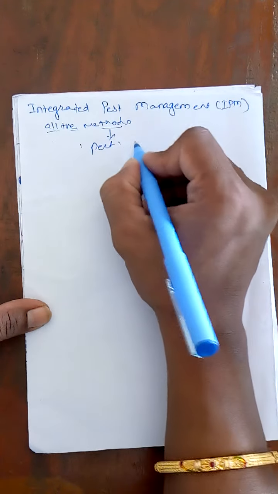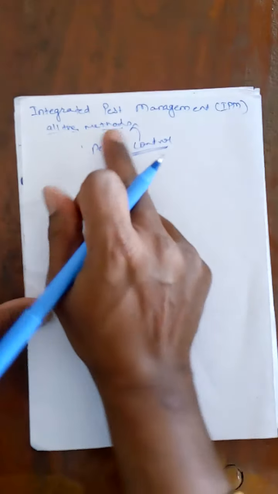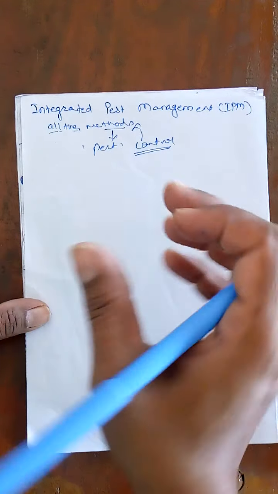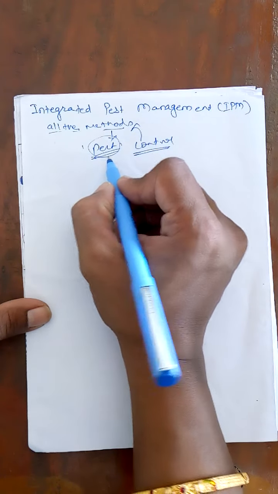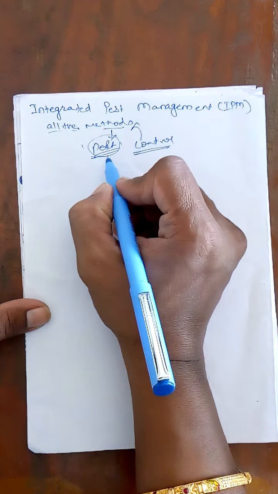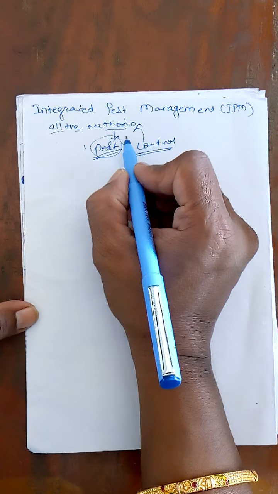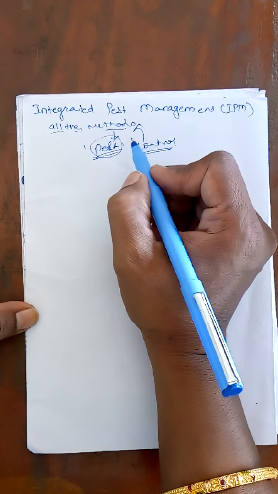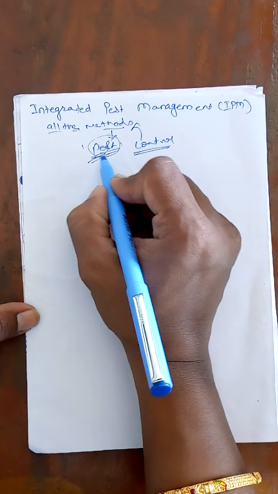So in controlling the pest, we are using different methods. We are not dependent on a single method. We use many methods at a time to control that particular pest. म्हणजे बघा, पेस्ट एकच आहे, पण ती एकच पेस्ट कंट्रोल करण्यासाठी आपण काय करतोय, वेगवेगळ्या मेथड्स यूज करतोय. So again it depends on the environmental situation, or the life cycle of the pest.